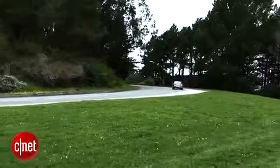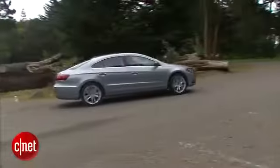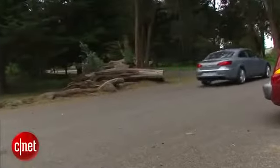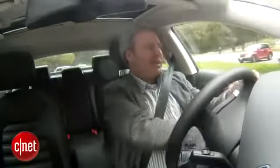With the CC's dual shift gearbox, it doesn't act like a normal automatic transmission. Like when I put it in drive, it doesn't want to creep forward. I actually have to give it a little gas to make it move. Also, it has electric power steering, and you can really feel that in the way this steering wheel feels. You can hear a slight whirring sound, which is the sound of the electric motor making the wheels move and